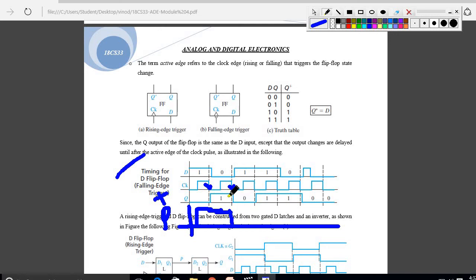Are you getting my point? Again, where is the falling edge? Here this is a rising edge, from 0 to 1. 1 to 0 means falling edge. See here, falling edge. So till then you have to write it as 0 only. Here you have to write again a 1. Like that you have to write. Here it is again a falling edge, so write it here like this. This sequence will continue like that only. This is exactly how you write the timing diagram according to the flip-flop.